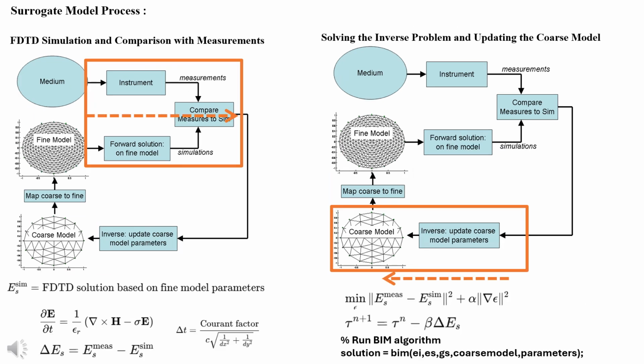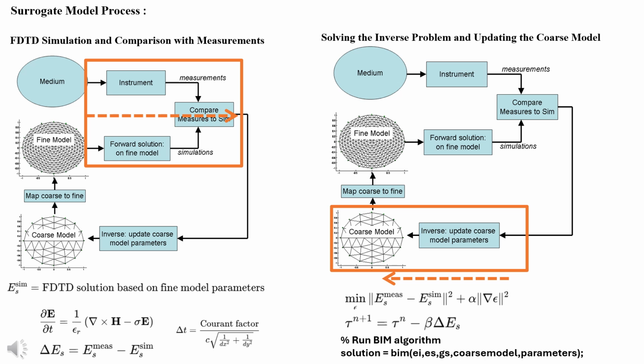With the fine model in place, we now simulate the scattered fields by solving the forward problem using finite difference time domain (FDTD) methods. FDTD numerically solves Maxwell's equations for the electric and magnetic fields across the fine model grid, producing simulated scattering data. FDTD calculates the time-dependent evolution of electric and magnetic fields at every point in the fine grid. It applies Yee's grid for discretizing Maxwell's equations and computes the scattered field by subtracting the total field from